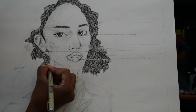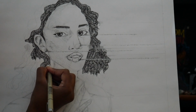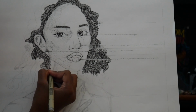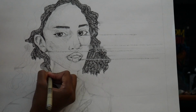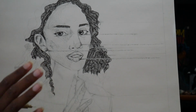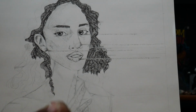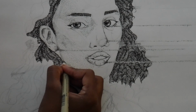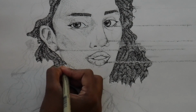But I approach it with such a different mentality now. I don't feel like one looks better than the other or one is more professional than the other. It's just a different way to do my hair, and I'm really glad that I've gotten to a point where I can say that I'm comfortable with how I look with both types of hair. I mean, really, in general, it is just so crazy